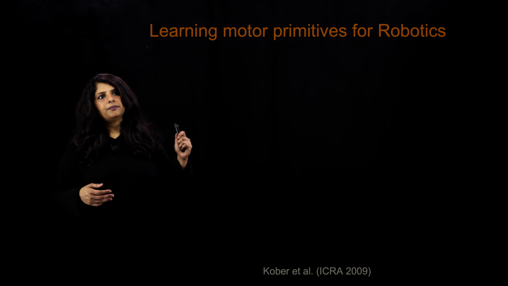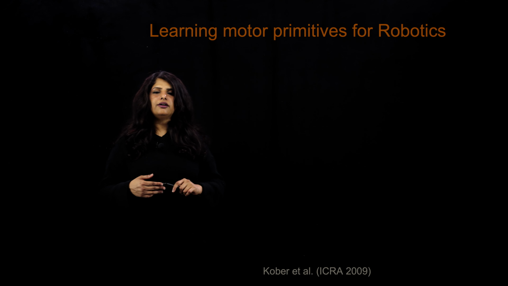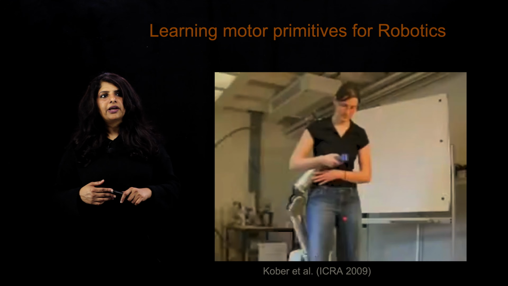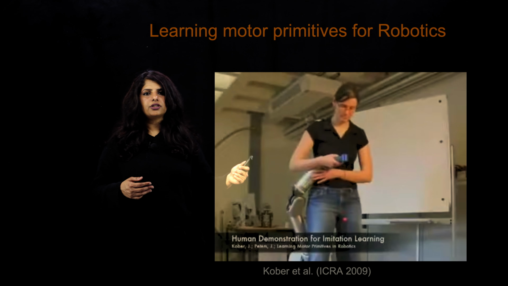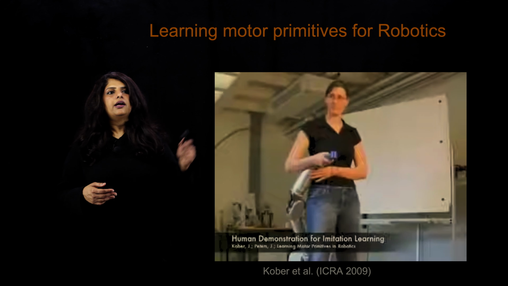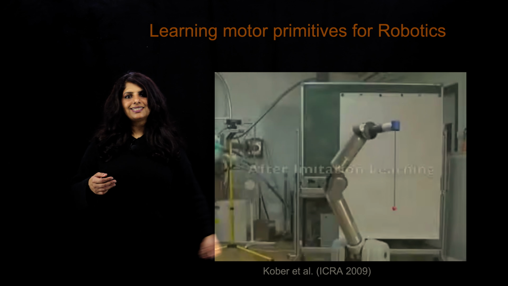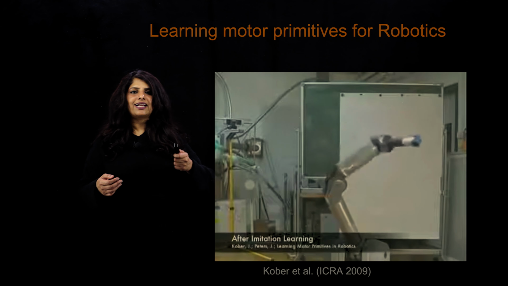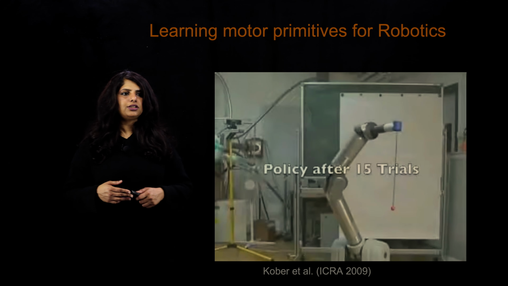Another example that is one of Professor Brunton's favorites is this project called Learning Motor Primitives from the Max Planck Institute. Here, this is an example of the agent looking to learn how to perform a ball in a cup task. We are looking at a human providing demonstrations by kinesthetically guiding the robot, which means that they're just showing exactly the sequence of actions to take to perform the ball in the cup action.